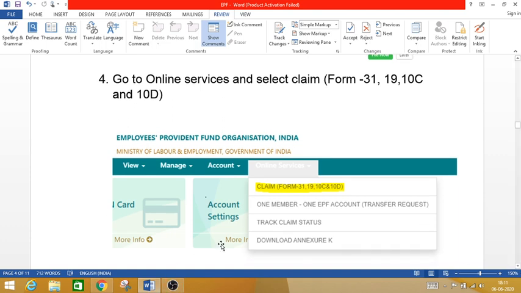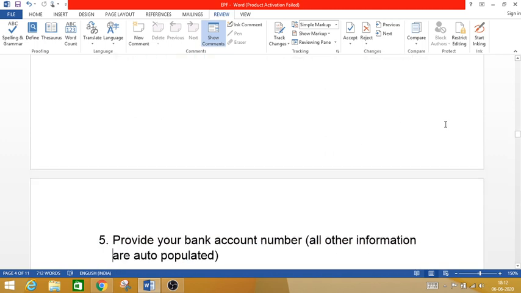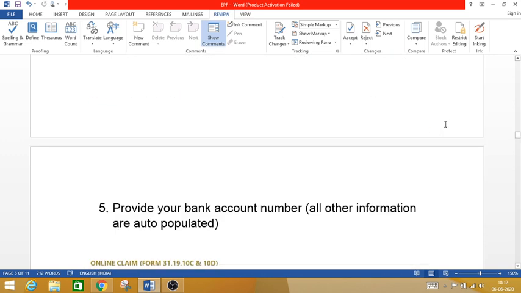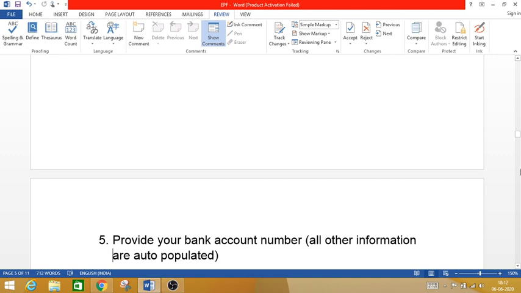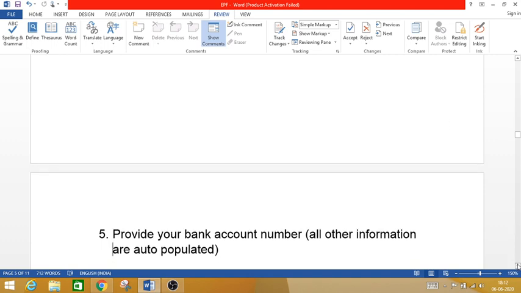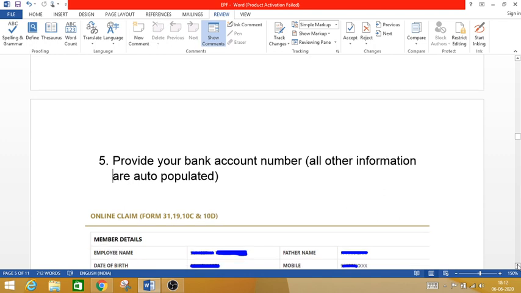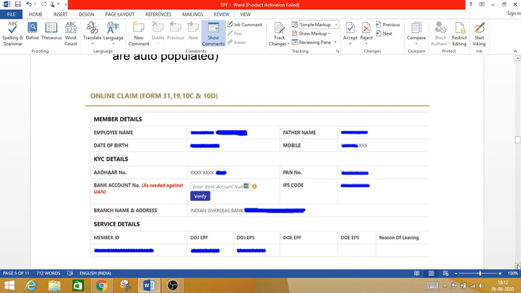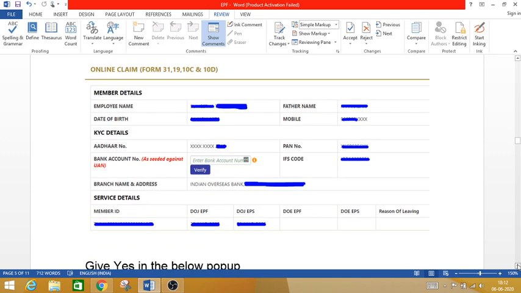In that there will be a tab called online services. Under that you have to click claim form 31, 19, 10CD. This option has to be selected because form 31 is the one that is for COVID-19, I guess. Then you get a screen where you give your bank account number alone. All other details will be auto populated. You will have the employee name, father name, date of birth, everything already available, including Aadhaar number,